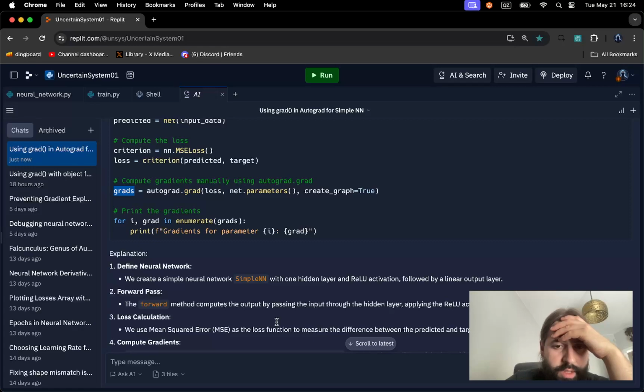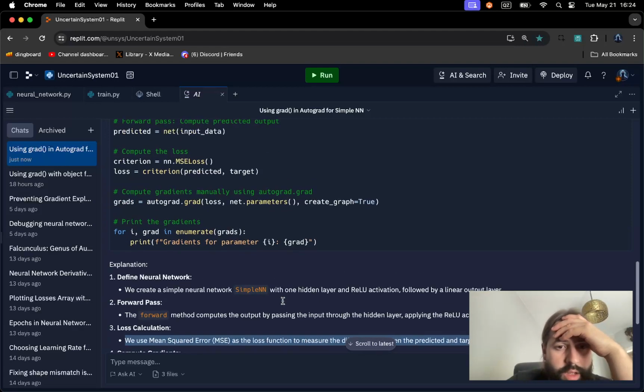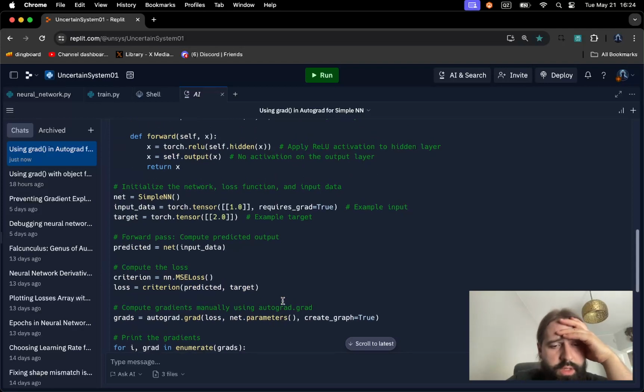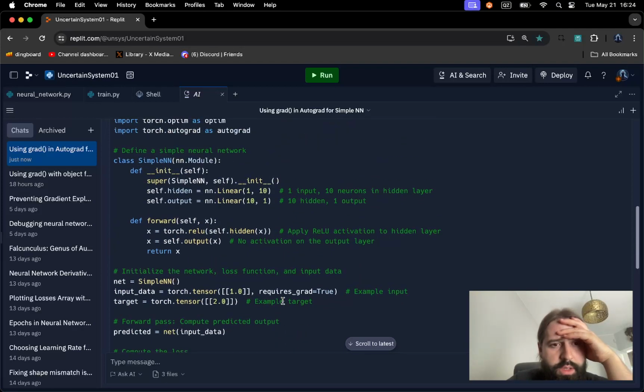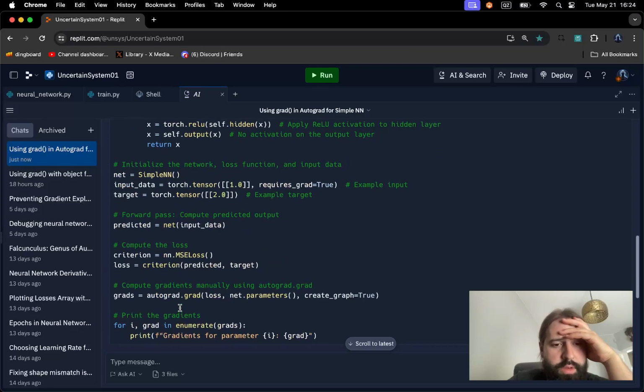For each parameter, yeah. Loss calculation: criterion, predicted, target. Compute the loss. The grad is essentially